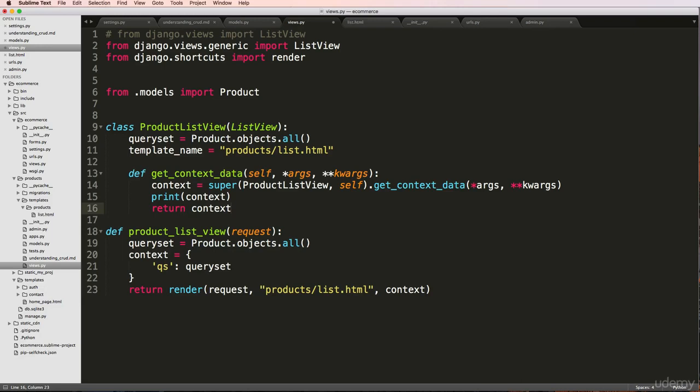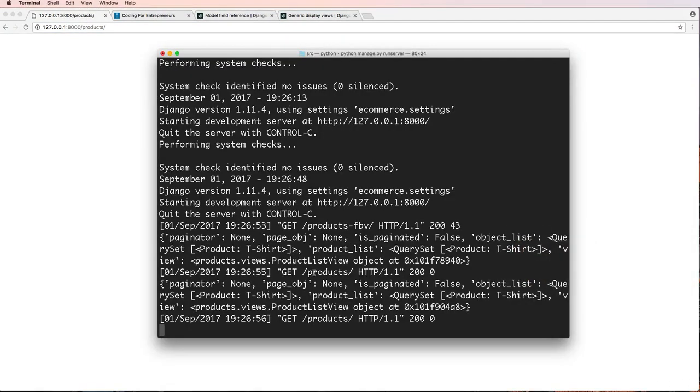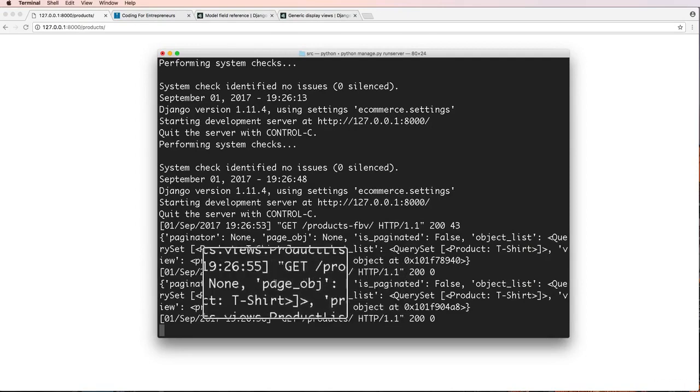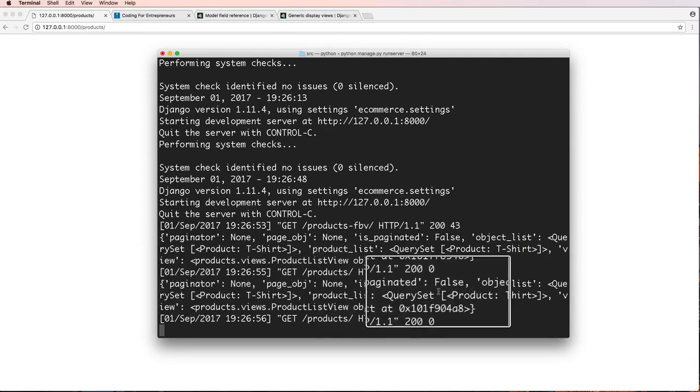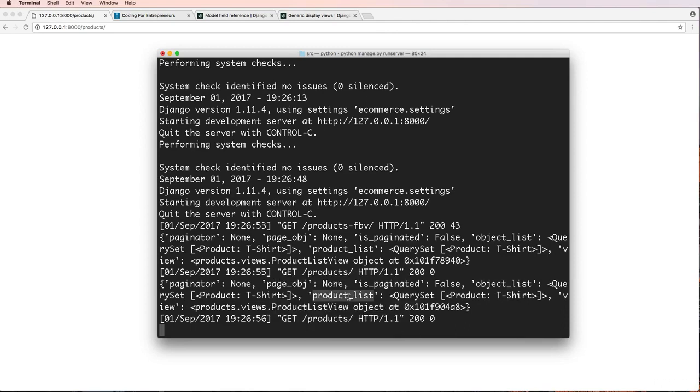Okay, so we now have a way to get our context or see what our context is inside of this generic view. So let's go ahead and look at our generic view. I refresh in here, look at my terminal. What do you know? So I have a few things in here. I've got paginator, page object. We've got none on both of those. Is paginated, false. Object list, object list. There is some product or query set related stuff. And then product list. And then finally view. So it gives us literally all the context that is being passed